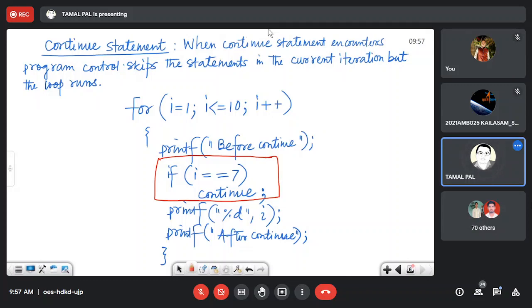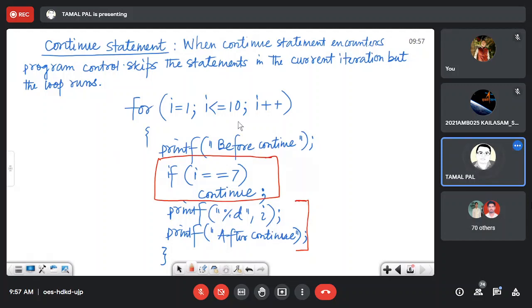But when continue is available, it skips the statements in the current iteration. That means this part will be skipped totally for the current iteration.